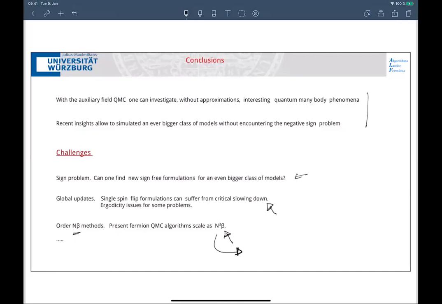I think there's the hybrid Monte Carlo, which we talked about briefly, but it doesn't work all the time compared to the BSS. So this is still, I think, a bottleneck. Solving the sign problem, I think, is too hard, but maybe enhancing the number of models is possible. This is hard, but possible, and this is very hard, but maybe possible. Okay, so thank you very much, and I'll take some questions now.